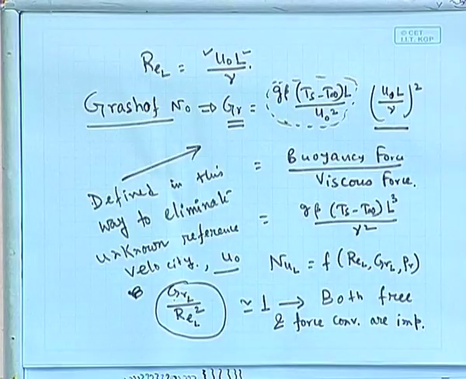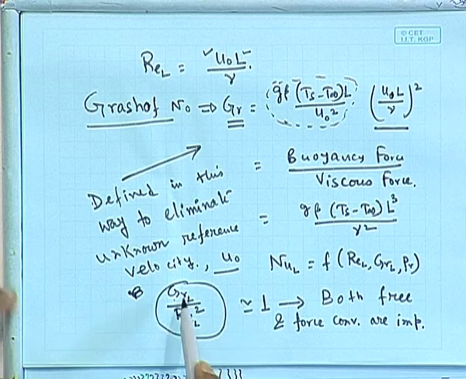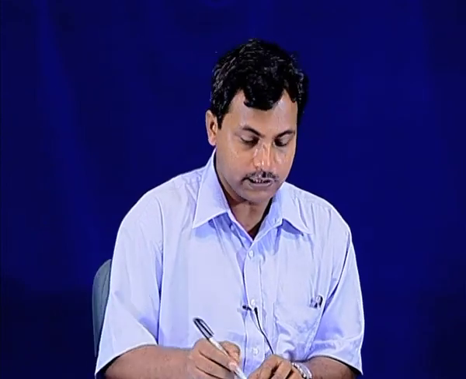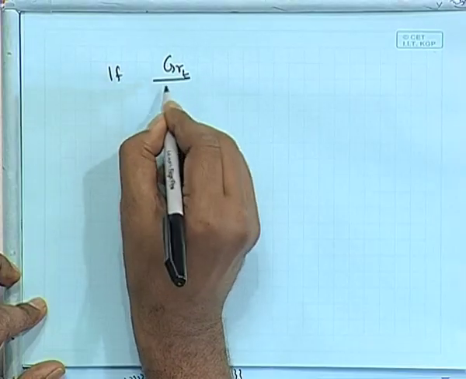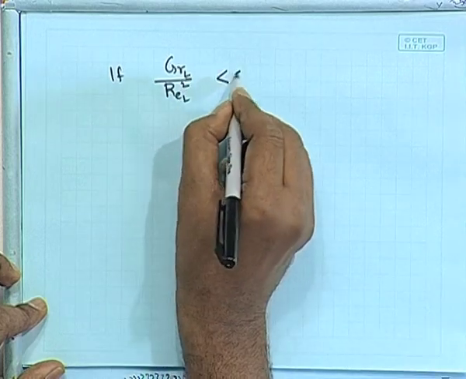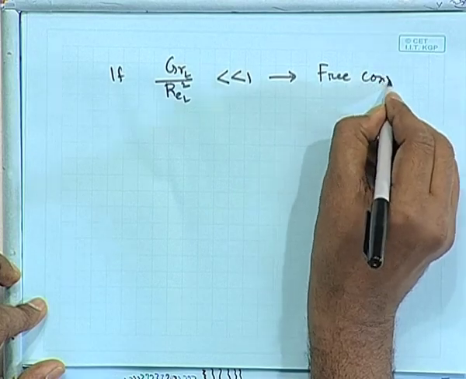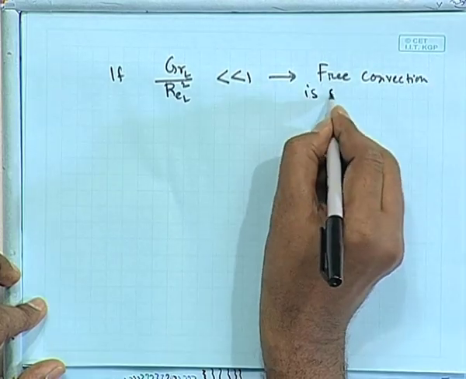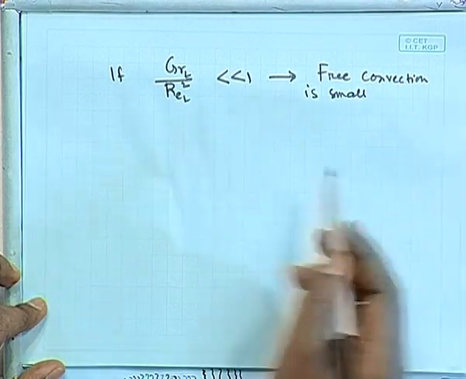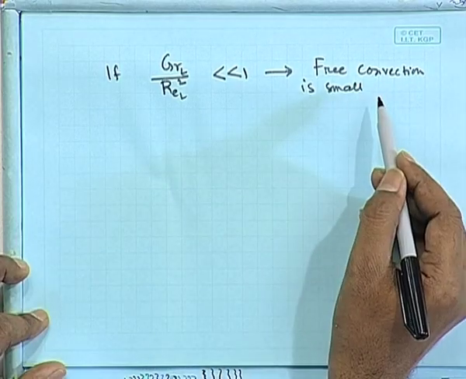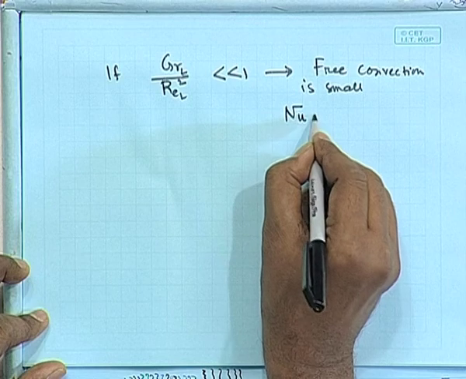So, if there is a flow over a flat plate or in a conduit, you can compute this number and come to a conclusion which will be the dominant mode of heat transfer, natural or forced. If this ratio is roughly equal to 1, then both modes are equally important. Then free convection is small, right. It is mostly forced convection. This small means this Reynolds number, this viscous force will be very high. Okay. So, free convection is very, very small,